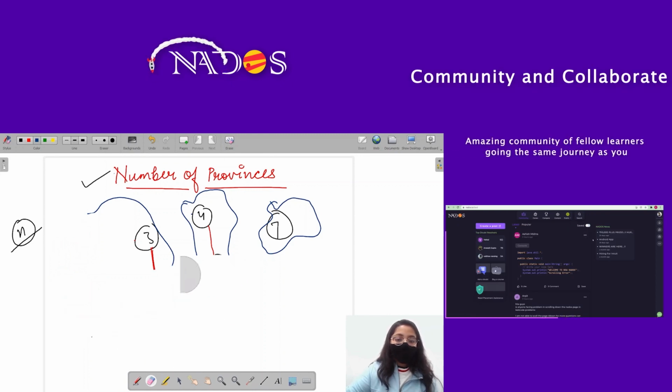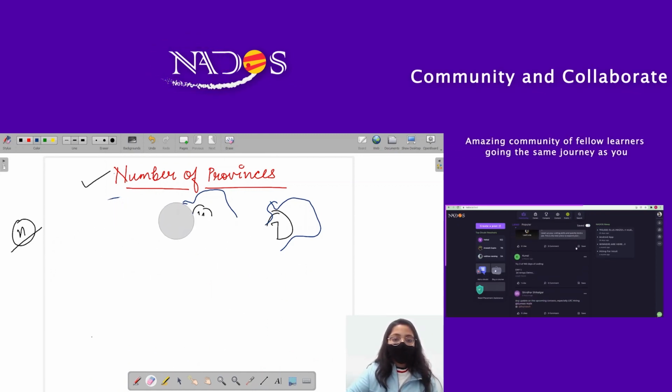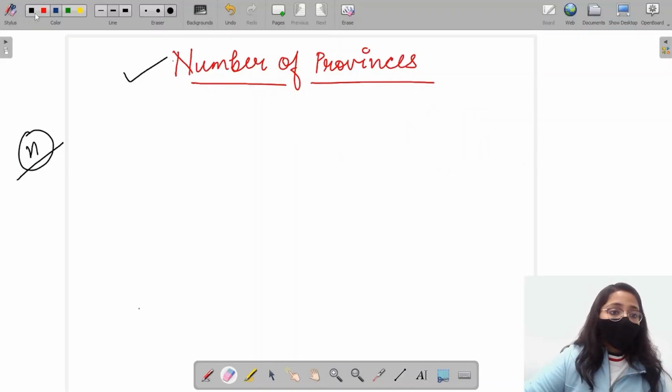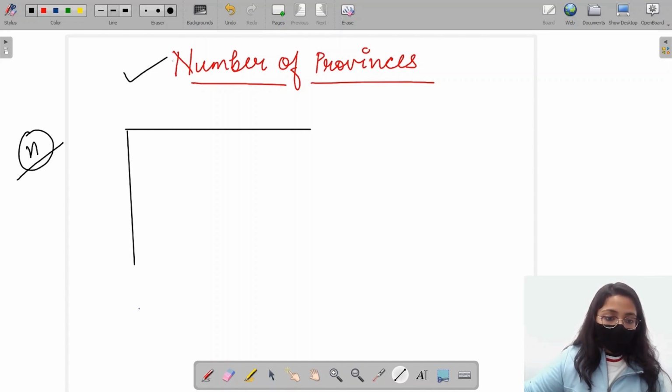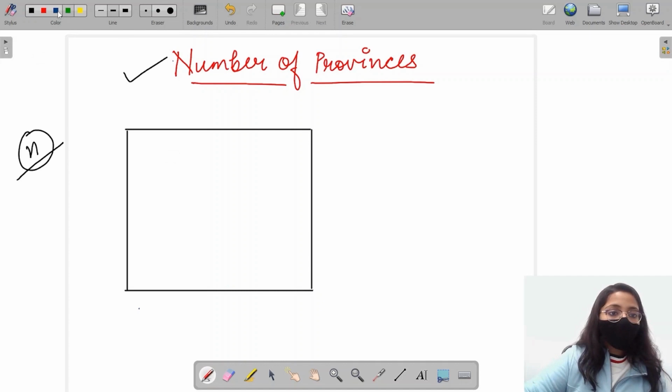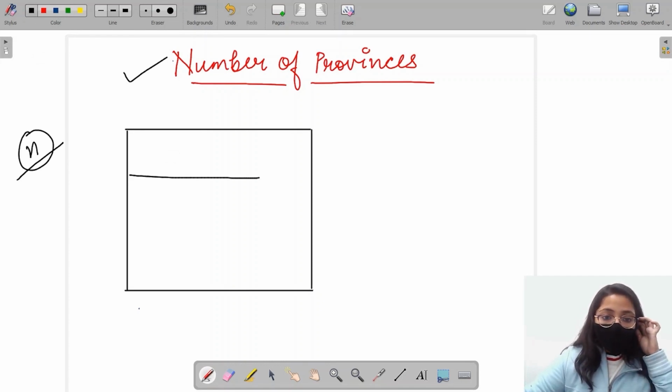Okay. So how will we go about in this question? What is the input type? How will you give the output? Let's see. You have been given a 2D matrix. Alright. And this matrix is of the size n cross n. So let's suppose the number of cities which have been given to me are 3. So over here,